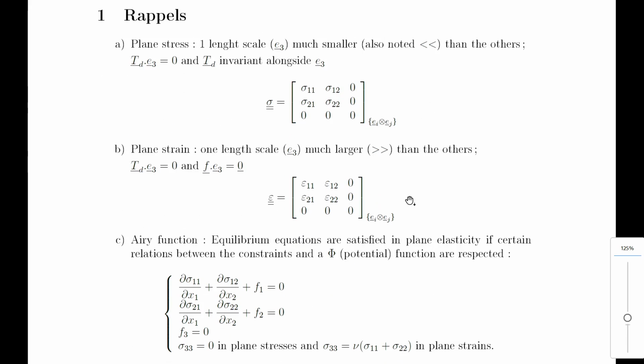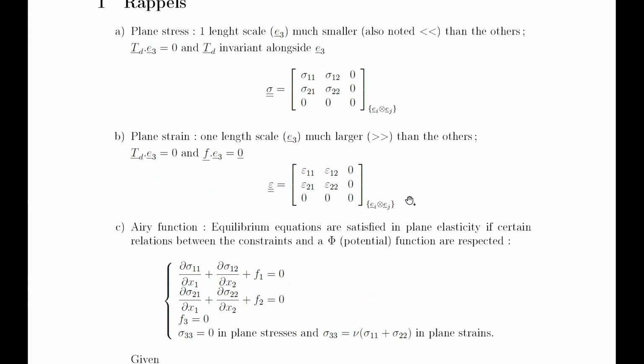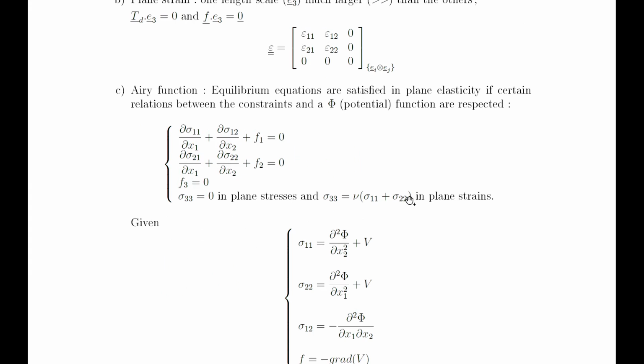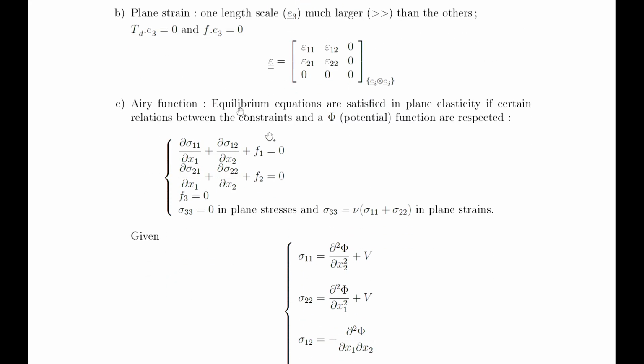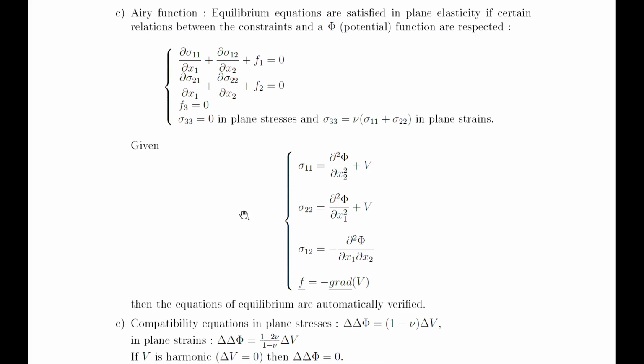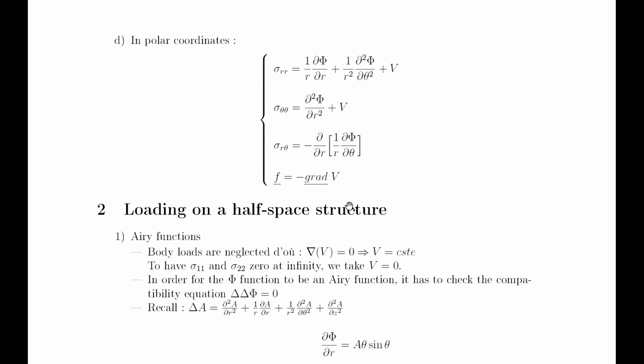Okay, then this is the plane strain problem for us, because the thickness is very large. These are the equilibrium equations. Using the potential theories and the Airy functions, we can calculate the stress sigma 1,1, which is the vertical direction, sigma 2,2, which is the horizontal one.